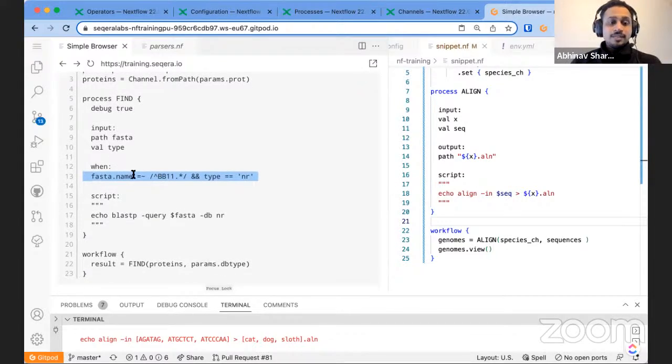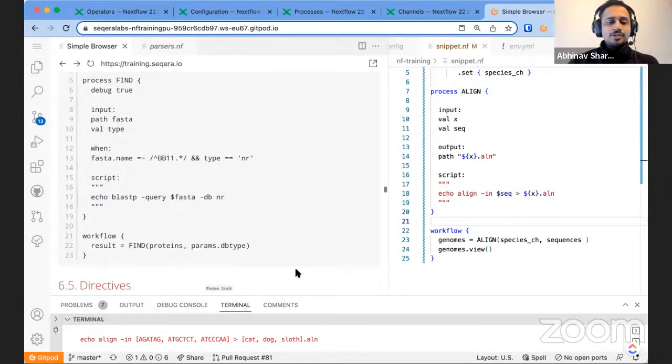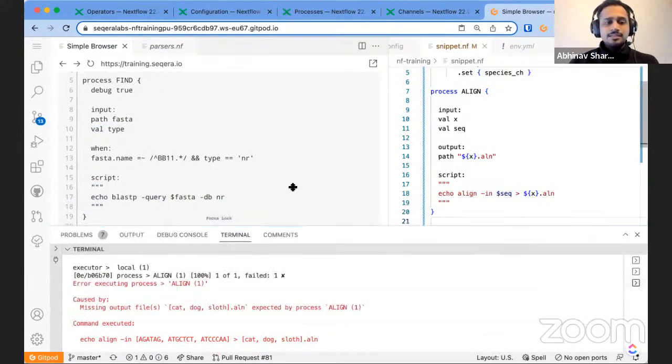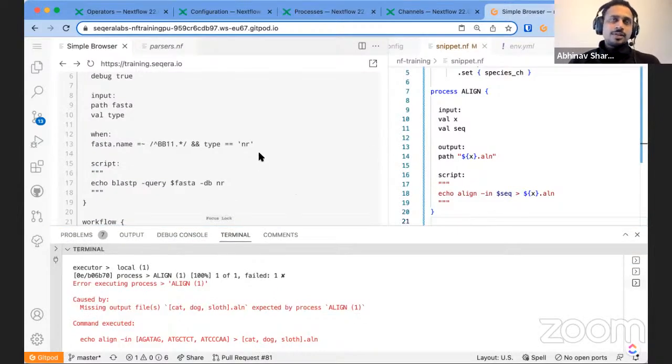And then if the FASTA file satisfies these two conditions, the FASTA file name should be bb11 and the type should be nr. So we applied a condition on both of the inputs. Only then this script should run. Otherwise, it would not run. So even after you have defined a process, you have some checks and balances with which you can control the